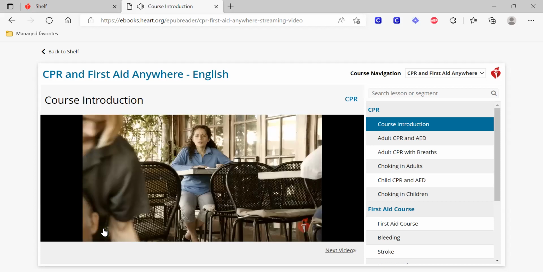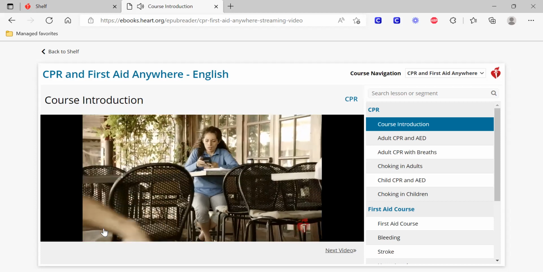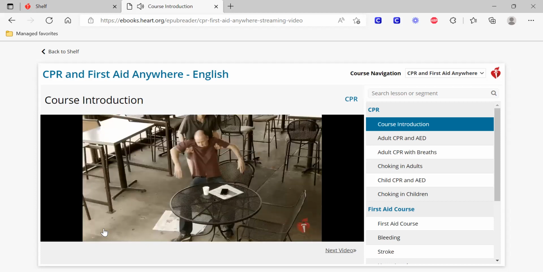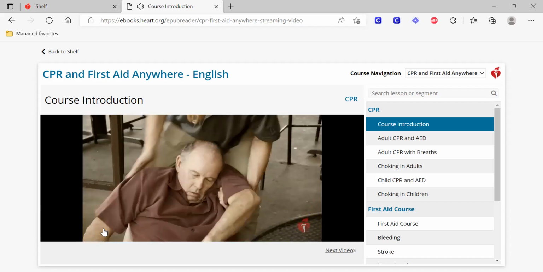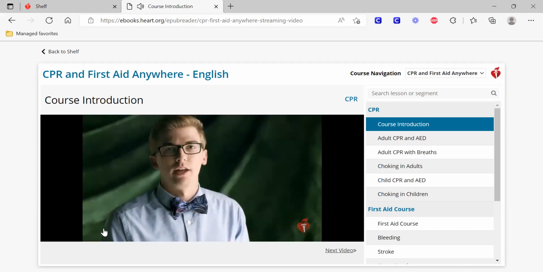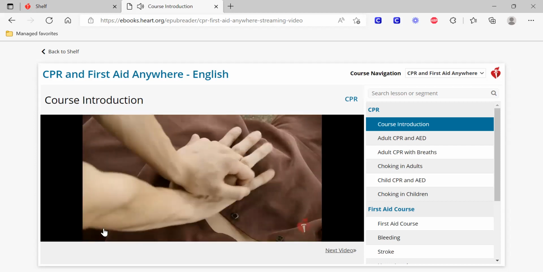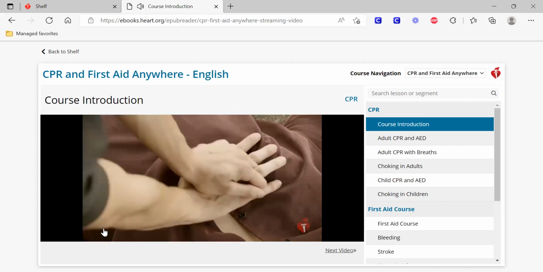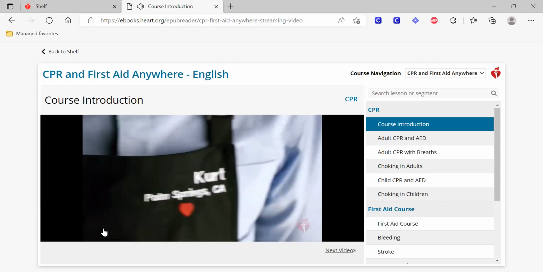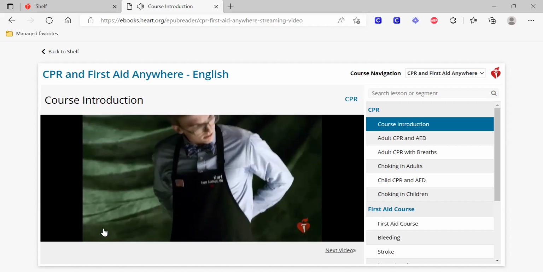While someone called 911, I lowered the man to the patio. I remember thinking, I have someone in my arms who is dying, so I started CPR. I put both hands on the center of his chest and just started pushing, hard and fast. I kept doing chest compressions and breaths for about 2 minutes until medical help arrived. After medical help took over, I washed up, tied my apron on, and went back to serving coffee.